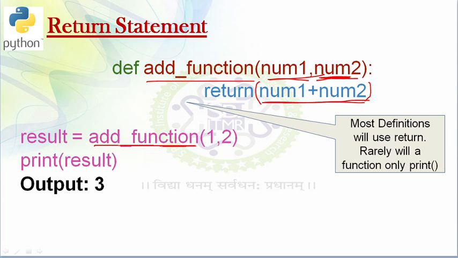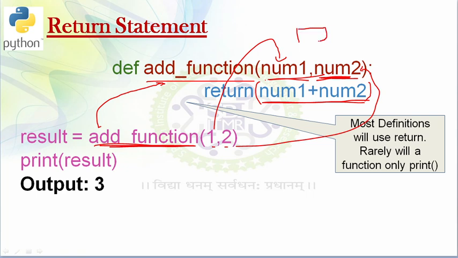Here I am calling this add function, and I am passing two values, 1 and 2. Whenever the add function is called, the control will jump from here to here. It will take value 1, and value 1 will be copied to my num1 variable, and value 2 will be copied to my num2 variable. So num1 will have the value 1 and num2 will have the value 2. My next statement is the return statement, and it is performing the addition. It will perform 1 plus 2, so the result will be 3.